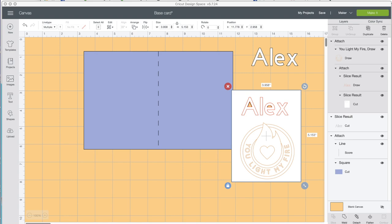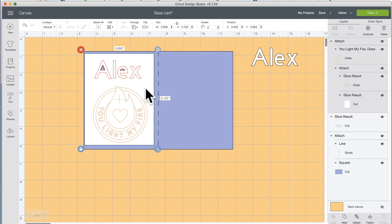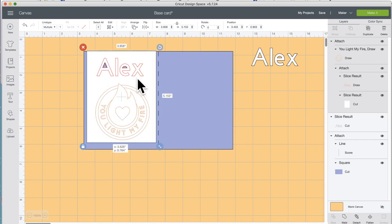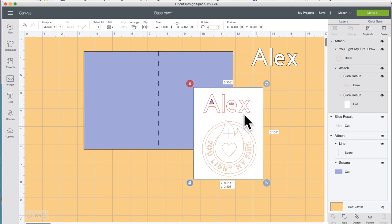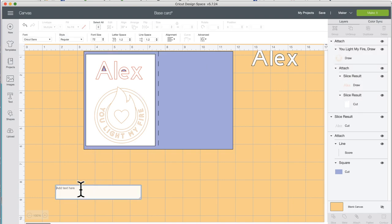Let me show you really fast in Design Space. Sorry, I was trying to read the chat, trying to help everybody. Let's say we wanted to write on the inside of this card. Then that's when I put this over to the left. It doesn't matter where I put this. If you want this on the front of the card and write on the inside of the card, and you want to use text,